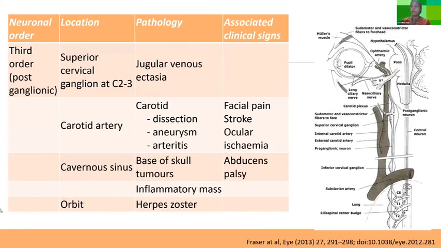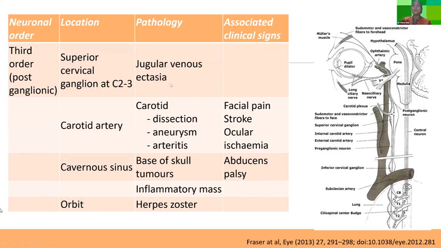Then the third order Horner syndrome is called postganglionic, that is after the superior cervical ganglion. Here the sympathetic nerves form a plexus around the internal carotid artery. They enter into the cavernous sinus. In the cavernous sinus, they form a nerve which accompanies the sixth cranial nerve and then leaves and enters the orbit through the V1 division of the fifth cranial nerve and then supplies the dilator pupillae through the long ciliary nerves. The most important affection here is carotid dissection,